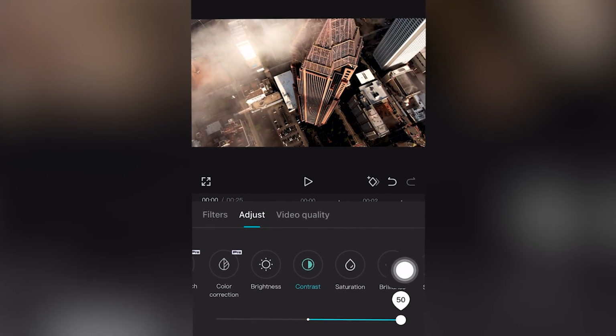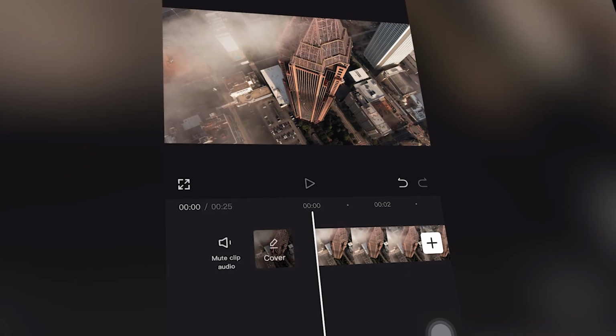First step on how to adjust contrast of a video in CapCut Mobile is,